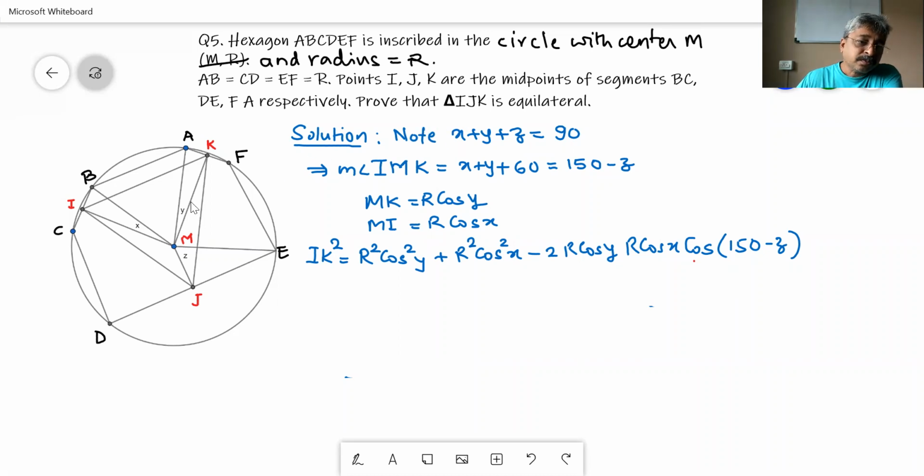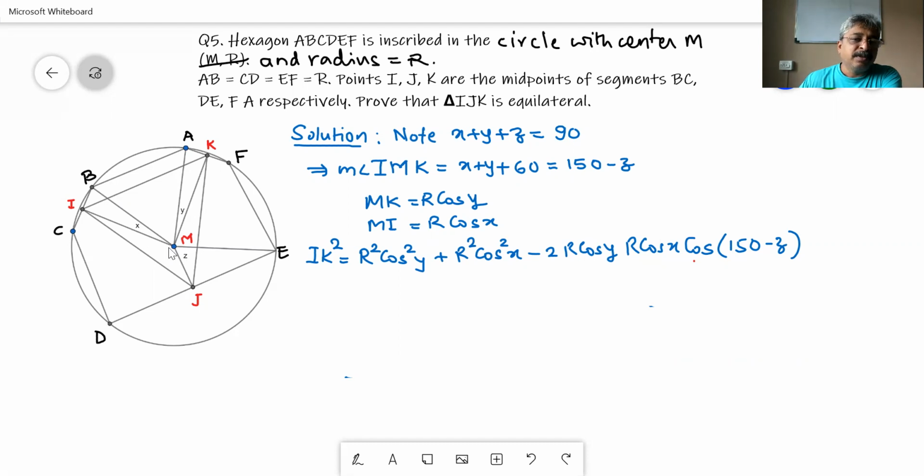Now this angle is going to be 60 because this is an equilateral triangle. MAB is equilateral. So the included angle is going to be 60 here. And then these are isosceles triangles, MAF, MBC and MDE. And MK, MI and MJ are going to be altitudes. Therefore, I have indicated these half angles,